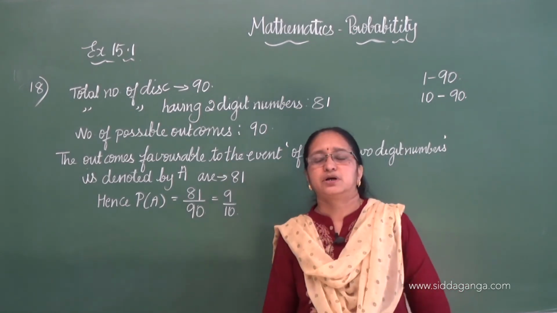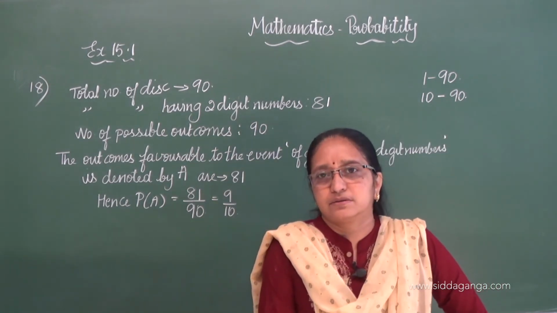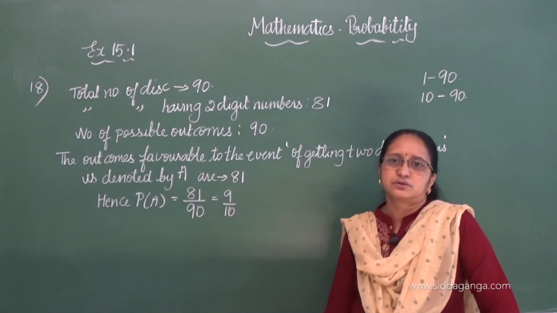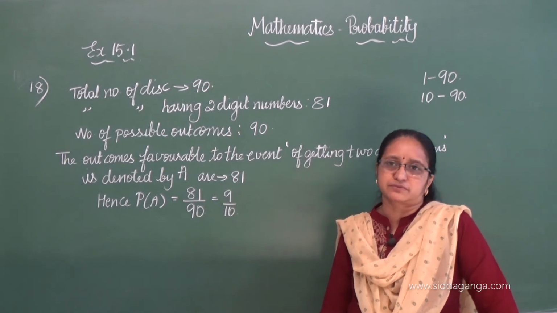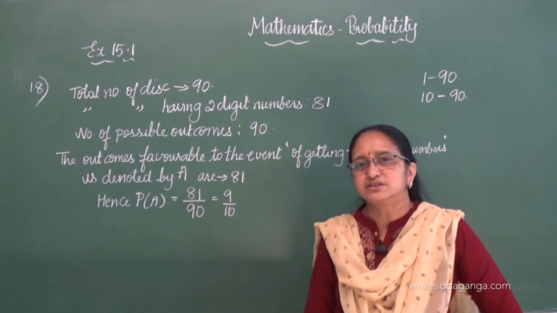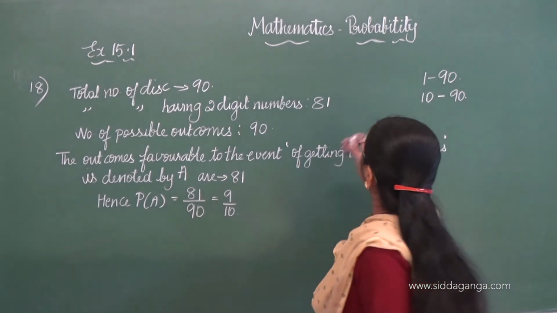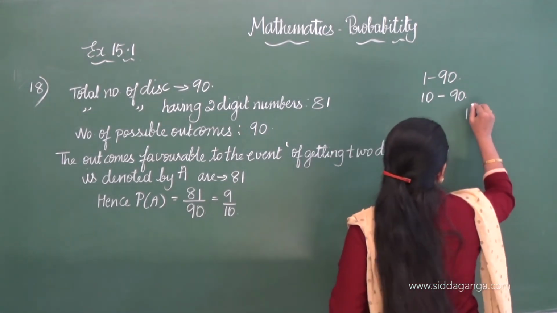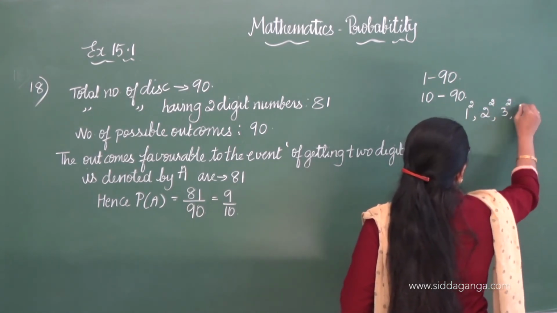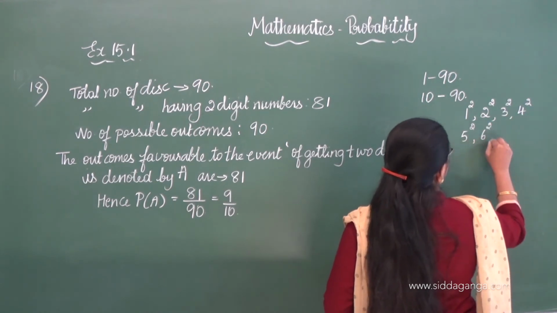That is a perfect square. I hope you all know the meaning of perfect square. What is a perfect square? 1 into 1, 1 square; 2 square, that is 4. These are the perfect squares. 3 square is 9, 4 square is 16, 5 square is 25, like that. So the number of perfect squares, see, 1 square, 2 square, 3 square, 4 square, 5 square, 6 square, 7